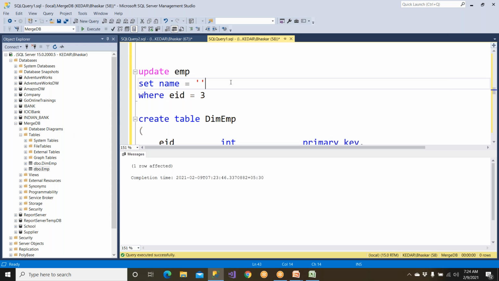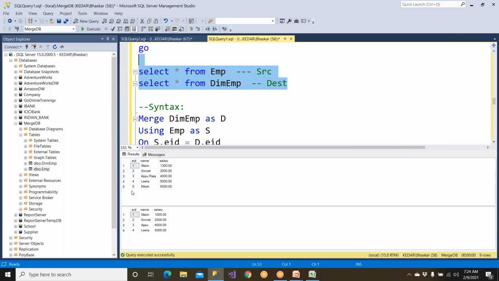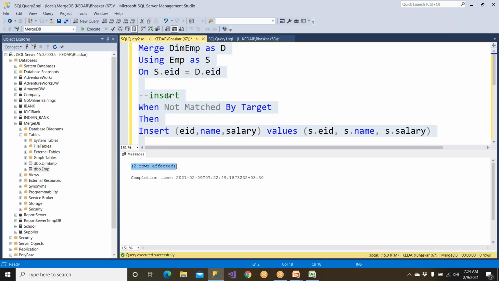Appu's name, let us say Appu Raja. I wanted to update like this. Now updated. If you see one insert and two updates. Clear? So the fifth row is an insert and there are two updates. One is this row got updated and Appu Raja got updated. Now totally one inserted, two updated, total three